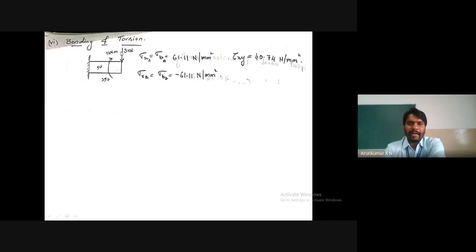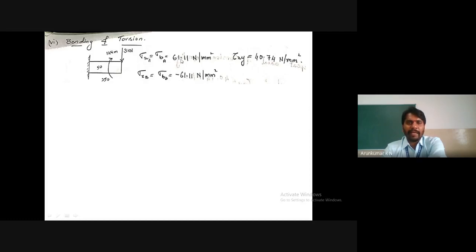So bending again, due to this calculate the bending stress, M by I into C. We did it in the second case. So at point A it is 61.11 and at point B it is negative. Right, bending stress means there is one stress at the top and another stress at the bottom. At the top it is tensile and at the bottom it is compression, plus and minus. Due to the torsional load, shear stress will be developed, which is given by T by J into R. I have already explained how to calculate that, so retain the same value. Tau of xy is 40.74 Newton per mm square.